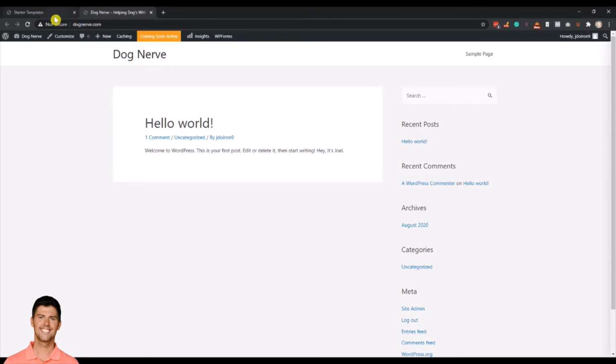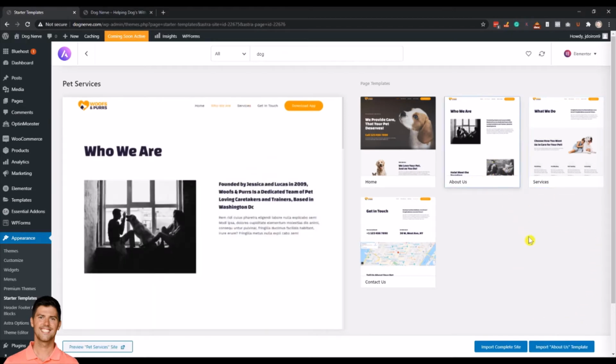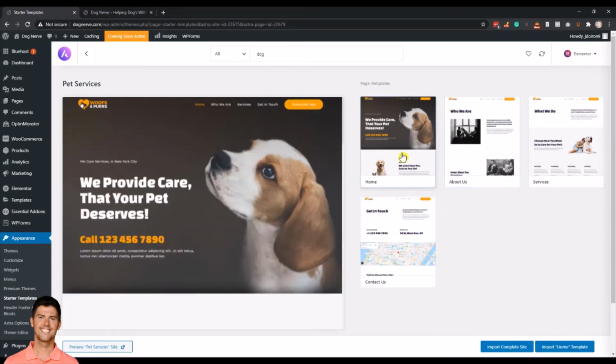Okay, so let's go back into my dashboard, and I'm going to click on import complete site. So what I could do is just import this specific template. So later on, if you want to look in the other templates, you can actually pick out one of the pages you like the layout for, click on it, and import that page only, and you don't have to import the entire site. So I'm just going to stick with the entire site here,